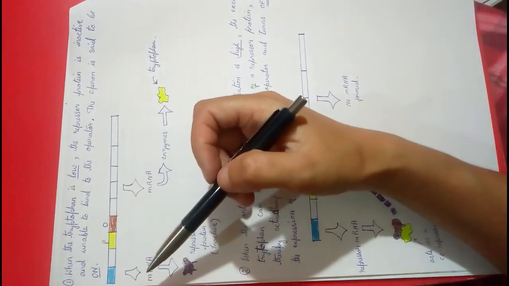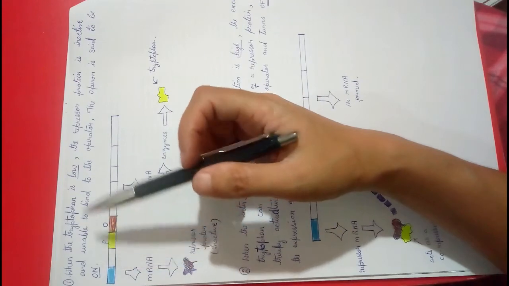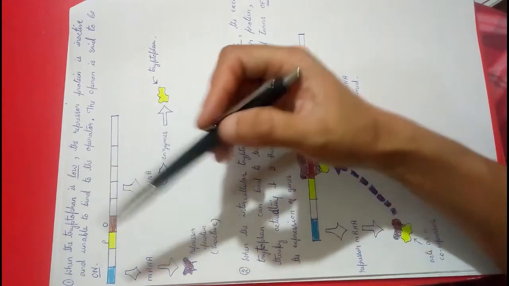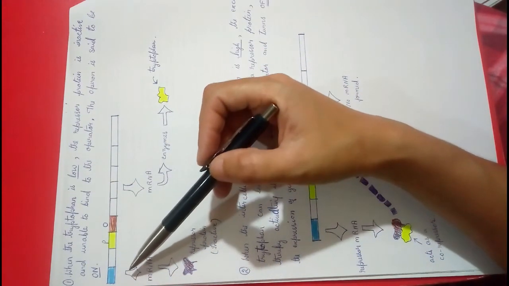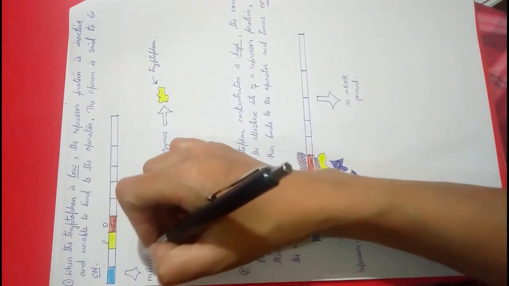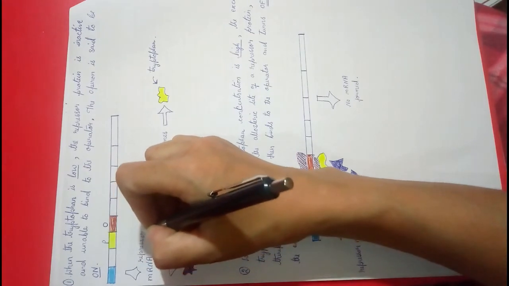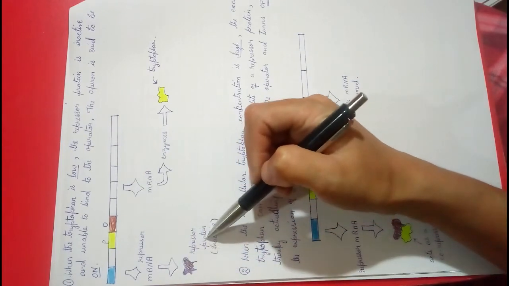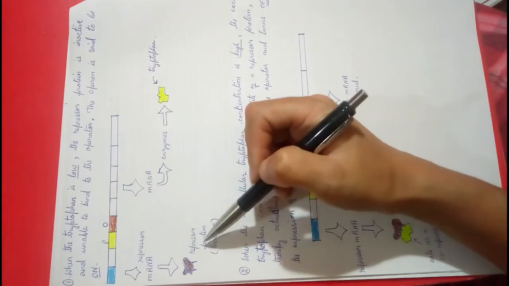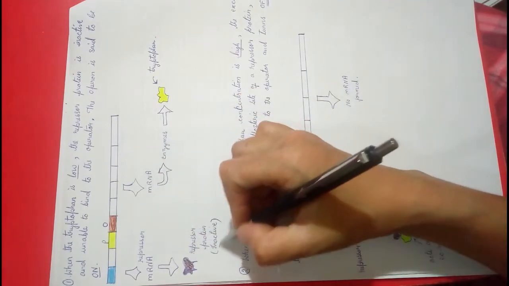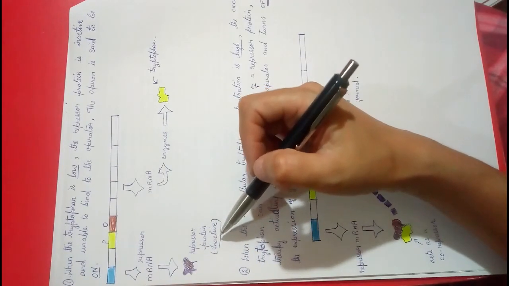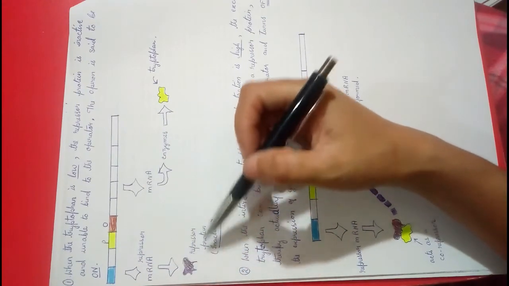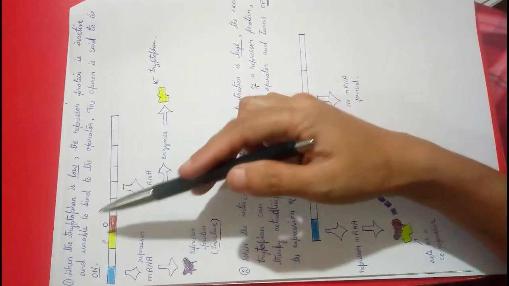So what happens in a natural condition in the cell, the tryptophan amino acid concentration is usually low. In this case, when the repressor gene transcribes, it will produce the repressor mRNA molecule. And this repressor mRNA molecule will be translated to form repressor protein. And remember in this case that the repressor protein is inactive. You should always remember this, that it is usually inactive. That means there must be something to make this repressor protein active so that it can bind to the